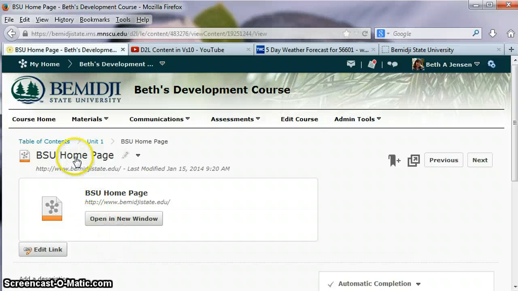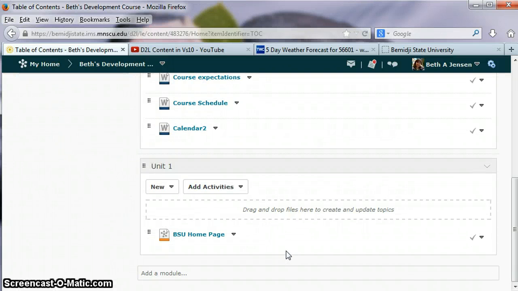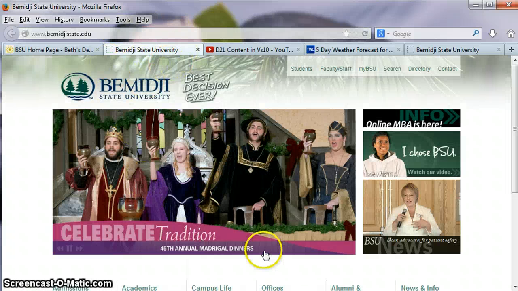Now what I'm going to do is go back to the table of contents, because this is where you can see how it works. So now here's my link. I click on it, and you see it opens a new tab, and it opens up that web page. So I'll go back,